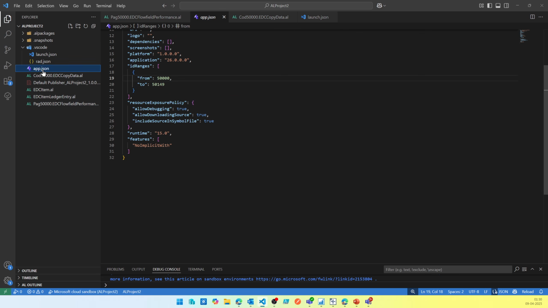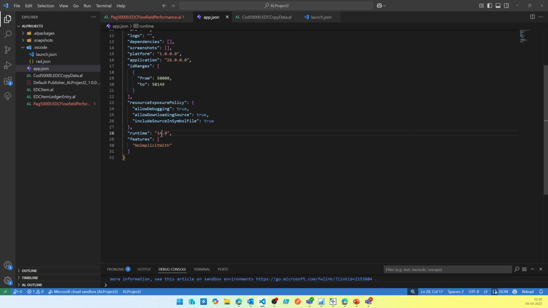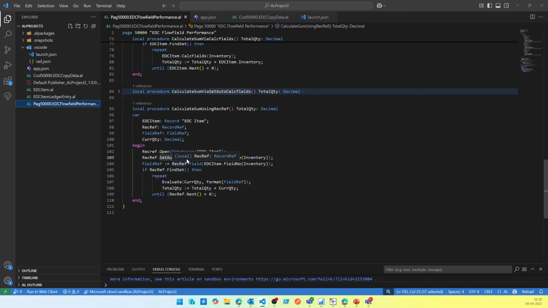And the other thing that you need to remember, which people tend to forget, is that your runtime should be 15.0 or higher. Otherwise, you'll start getting an error message that this is not available in 14.0. For this, you need to come to 15.0 or higher. So your runtime in your app.json should point to 15.0 or higher, and then SetAutoCalcField will be available on the